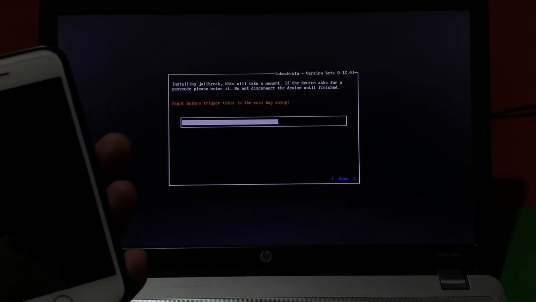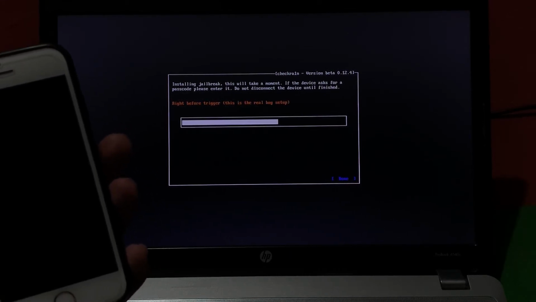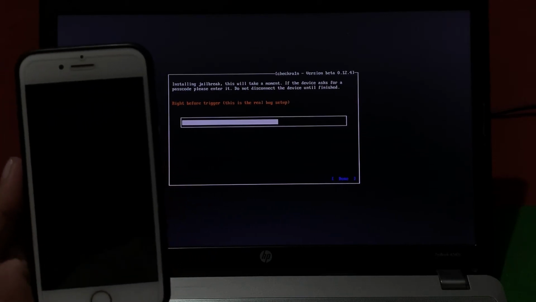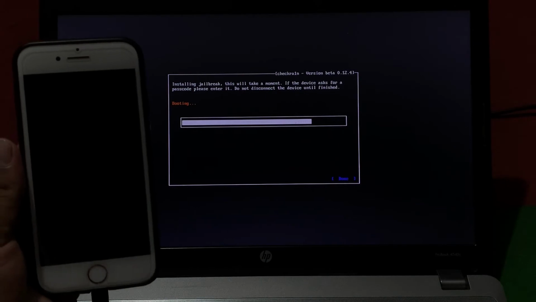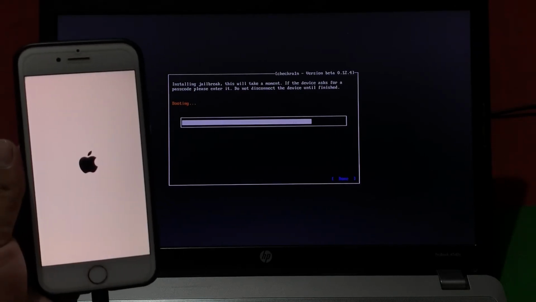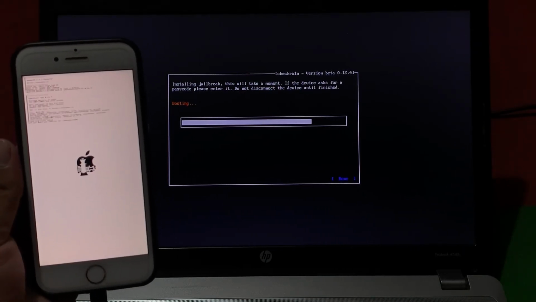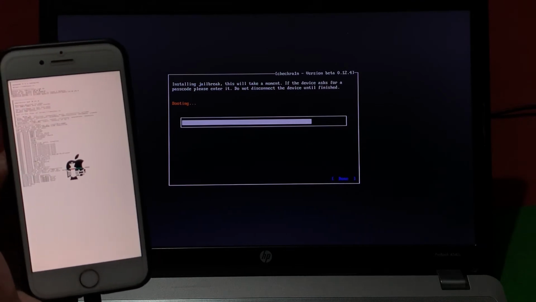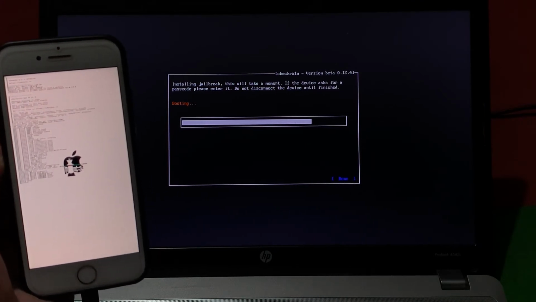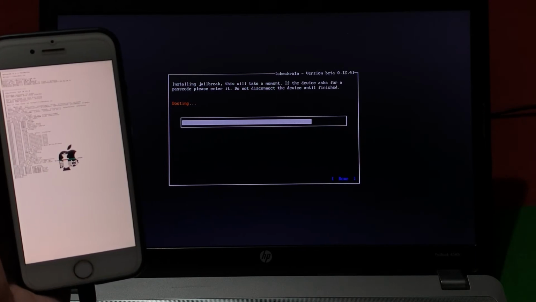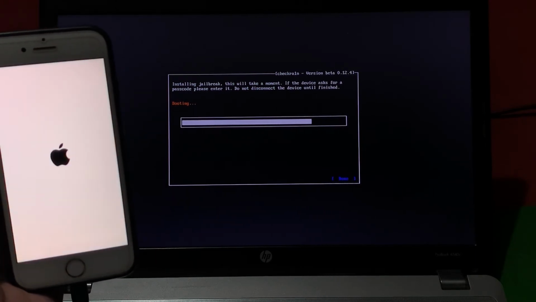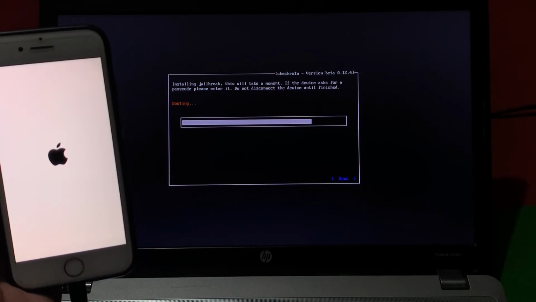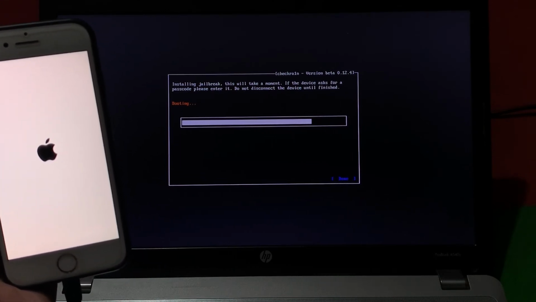You can see the iPhone is jailbroken. The iPhone is jailbroken successfully.